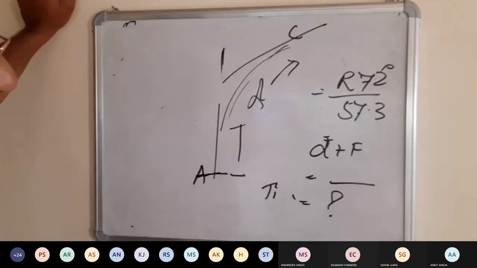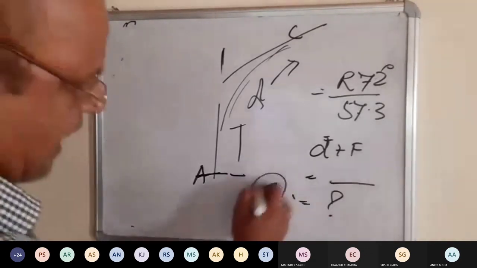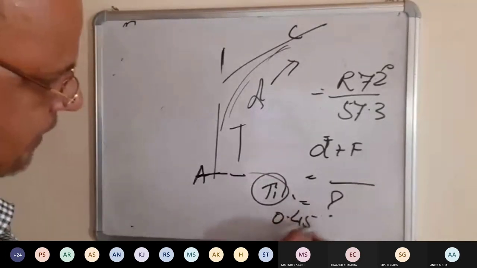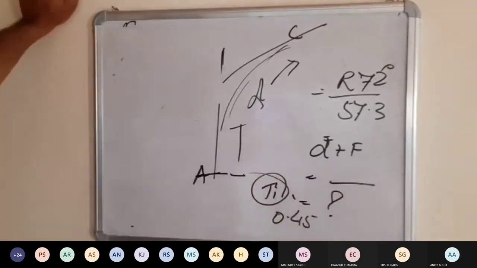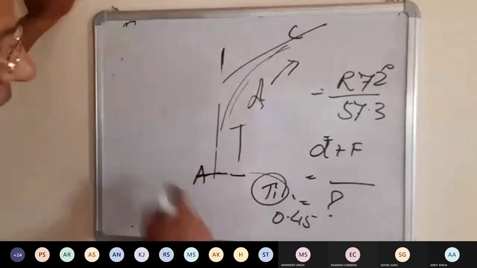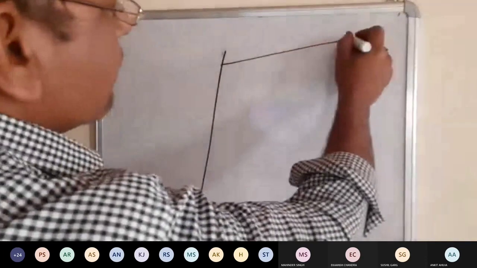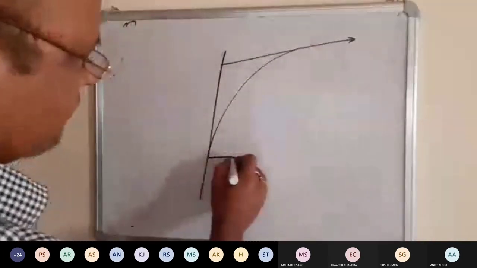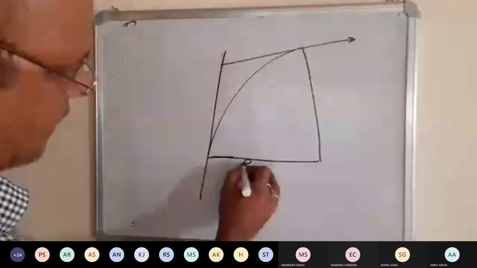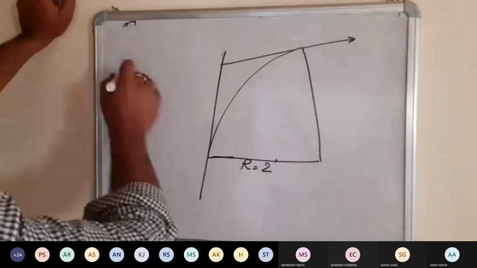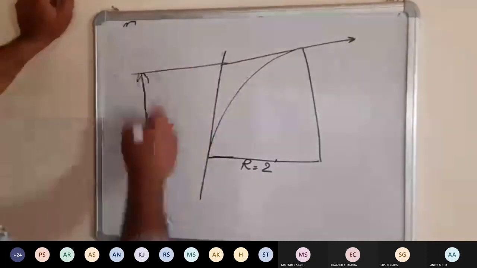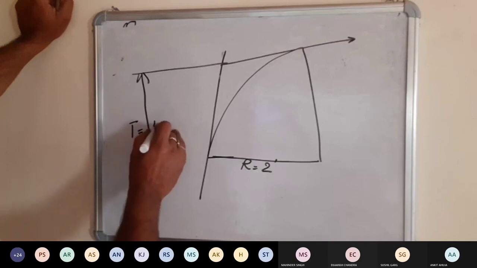Next step, the distance traveled by the current in this time t is 0.45 miles. Calculated distance divided by time, etc. So all the figures that you have to show after calculation in the drawing, you must show all the facts. In the drawing that comes, you will put r is equal to 2 miles, distance t is equal to 1.57 miles,